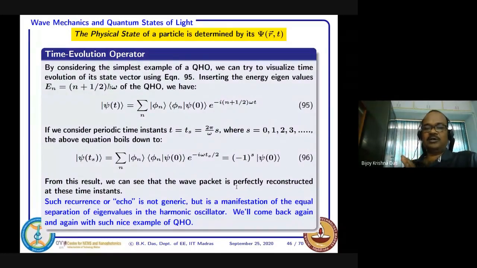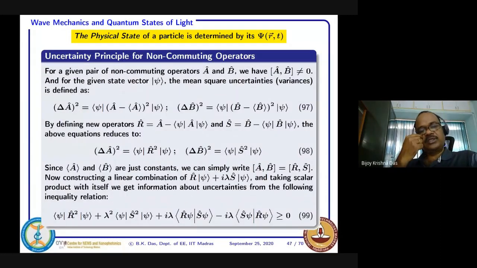Okay, we will come back again and again to the quantum harmonic oscillator, because this is so useful for understanding your quantum photonics devices. So I will come back again. Before that, I want to discuss an important thing. I think I have 5-10 minutes of time. I can just finish up this part, because I will give you a little bit of work also, a small derivation.